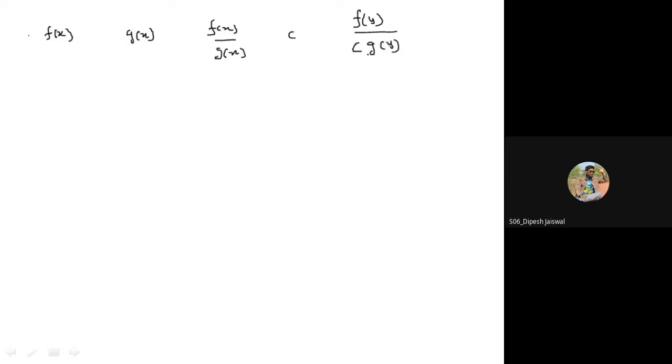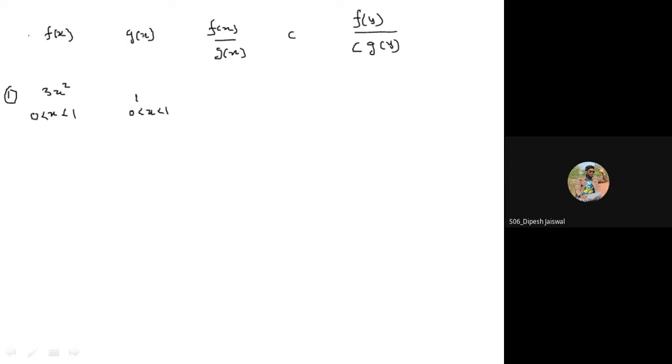Okay. So let us say this, suppose f(x) has the form 3x square. The range of 3x square is given, x lies between 0 to 1. So what we do, we consider g(x) as a uniform random number, which also lies between 0 to 1.